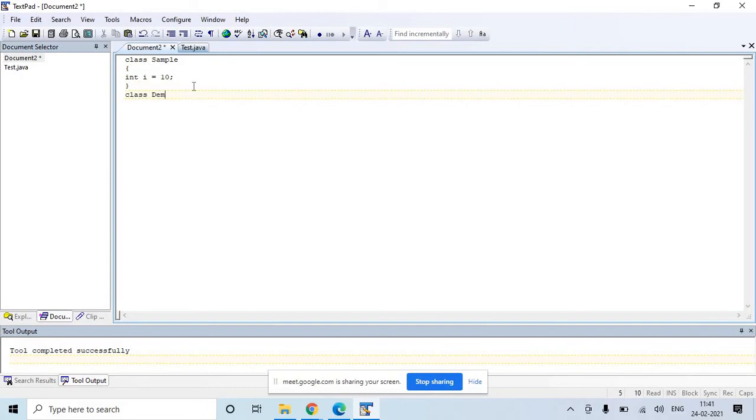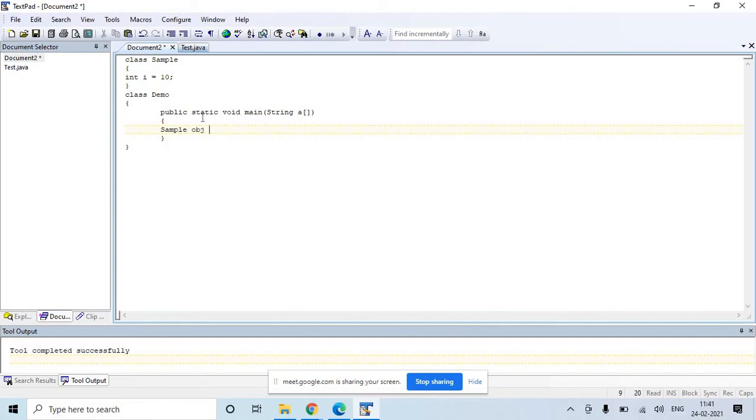Class demo, and inside class demo you have written public static void main, String args. Now here you want to use that sample class.